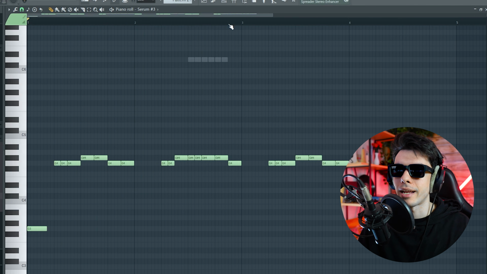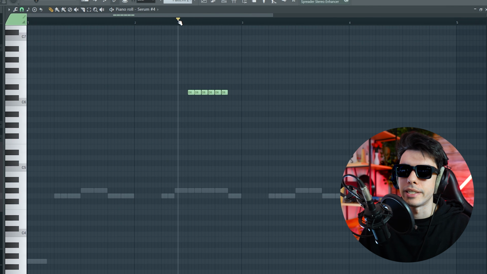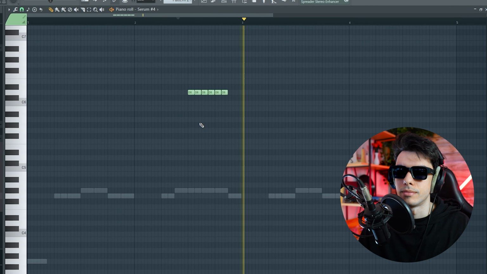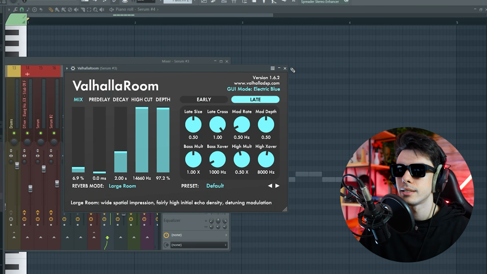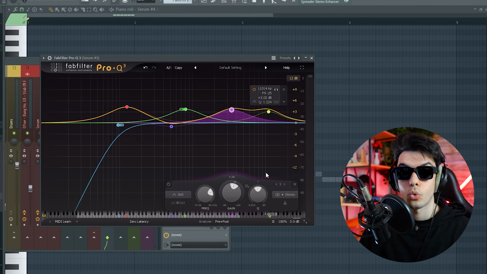As you can see, I'm adding another layer, but you can barely hear it, so I don't really care. This just makes it a little bit more powerful. I processed this lead, adding a bit of reverb, which I'm automating the mix, OTT, Saturn, quite a lot of